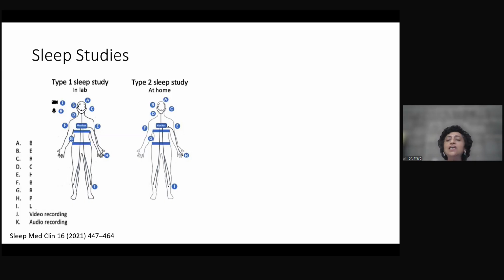Then comes the level 2 polysomnography. Nearly the same channels are transported to the patient's home. There are EEG leads which can be worn like a helmet, and these other things can be put on, and the patient is given instructions on how to take care of it. It is an unattended home sleep study which will give you similar results as a level 1 sleep study. Here you will know from the EEG and EOG whether the patient has slept. EMG and other changes can also be picked up, and central apneas can be picked up. So it is as good as a level 1 PSG, but it is unattended, and that has its own problems.